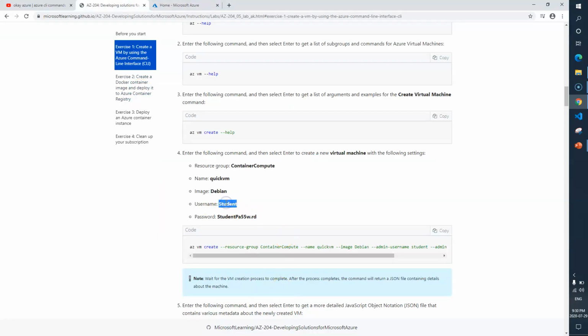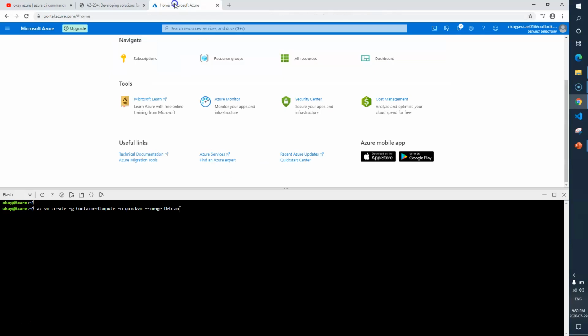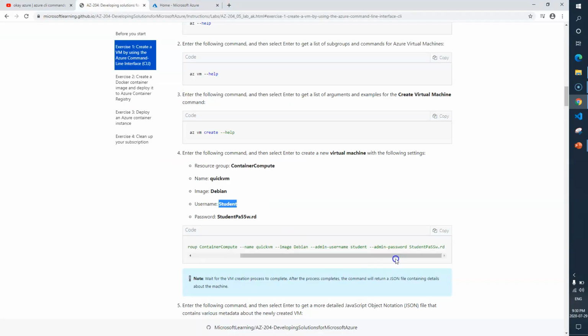Next you need to mention the username. The command to mention the username is --admin-username. Sorry, and paste. You need to give the password. The command to enter the password is --admin-password. Okay, and here is your password.